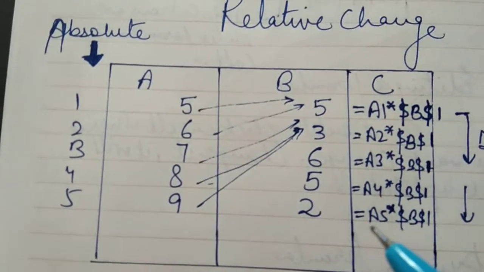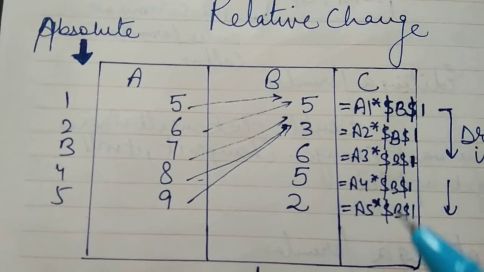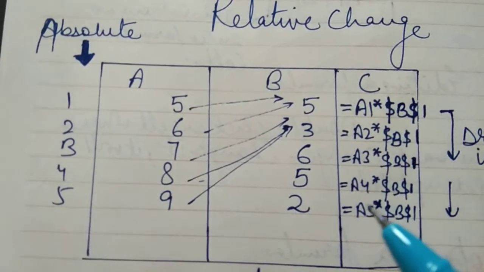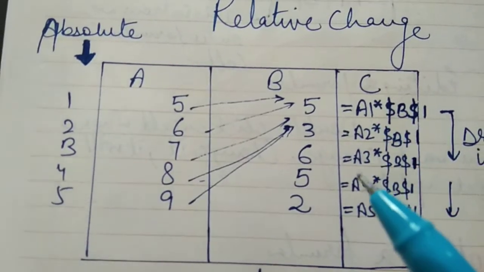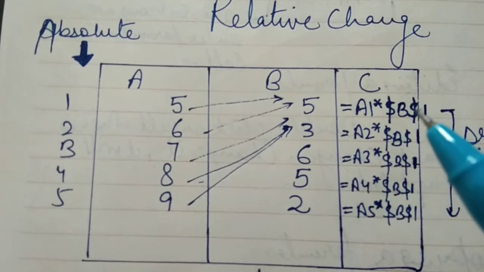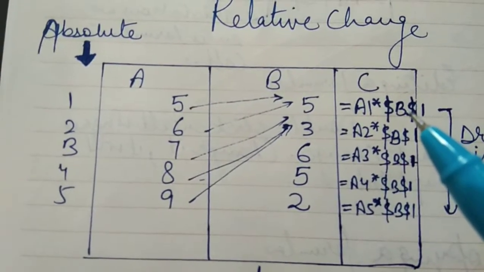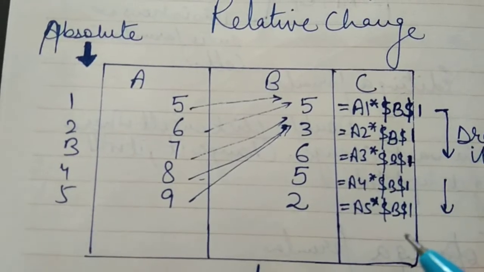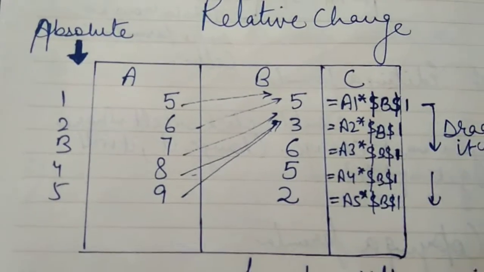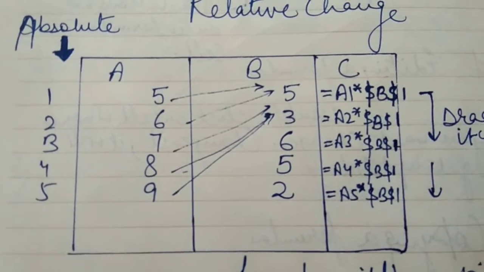This will be the relative change, and with the dollar sign this is known as absolute change. A1, A2, A3, A4, A5. This is changing with the help of the autofill feature, relative change. But if we write the dollar sign here, this value is fixed now and will not change in the cells while dragging down also, right? So in this way we can use the absolute reference.